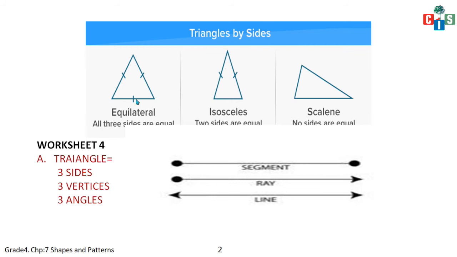It says that triangles are having 3 sides and 3 vertices but 4 angles, something like that. Some error is there. So a triangle will have 3 sides. This is 1, this is 2, and this is 3 sides, 3 vertices and 3 angles. Okay, so you have to rectify the error.